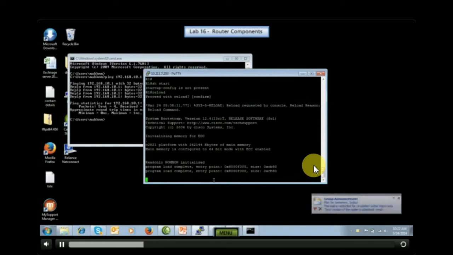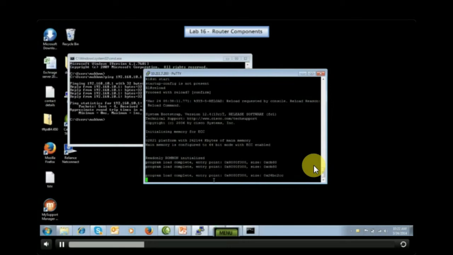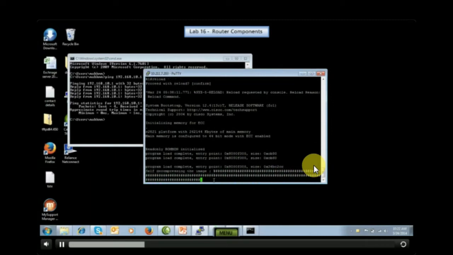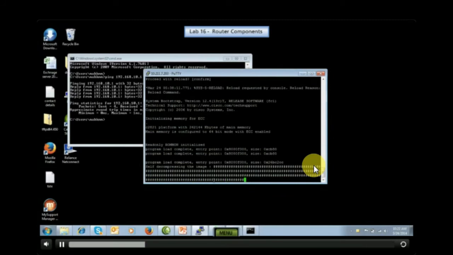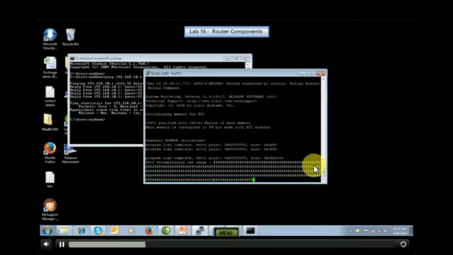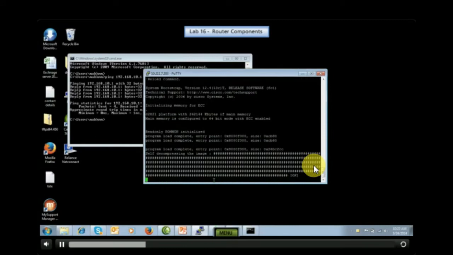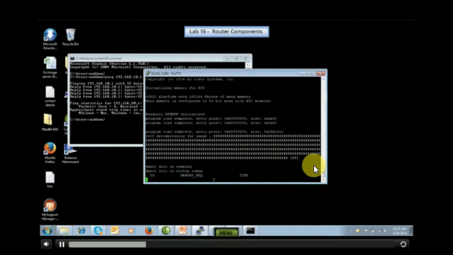In such cases, normally we can use this specific option. But in my lab, I am completely removing the startup configuration, and I am showing how we can restore that startup configuration directly from the TFTP server. We'll see how we can do that. Let it get loaded.